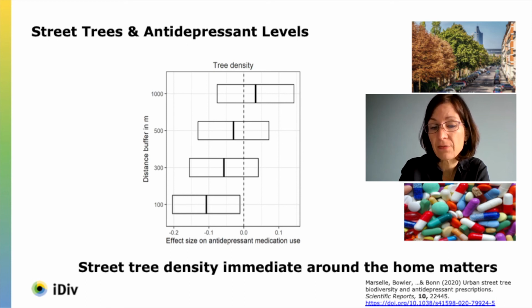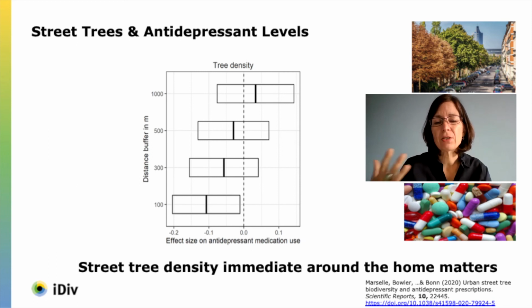And as you can see from this graph, it was the immediate surrounding of the home that mattered. So the trees you see from your window, the trees when you get out of your door, walk to school or to work, which you may not even notice, but these were important and they were significantly associated with reduced antidepressant prescriptions. So it's not the park, which is further on, but it's actually the street trees which are in the immediate